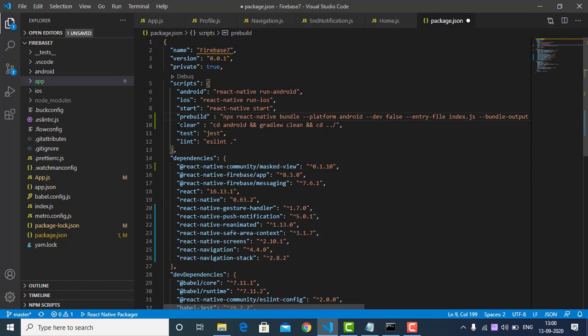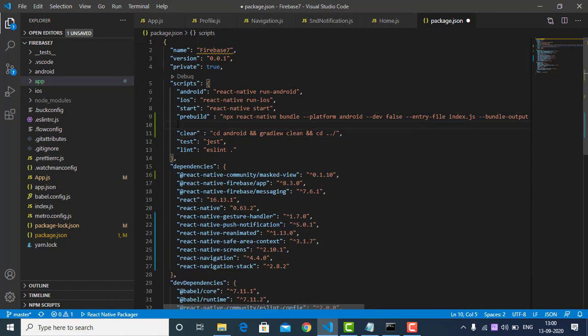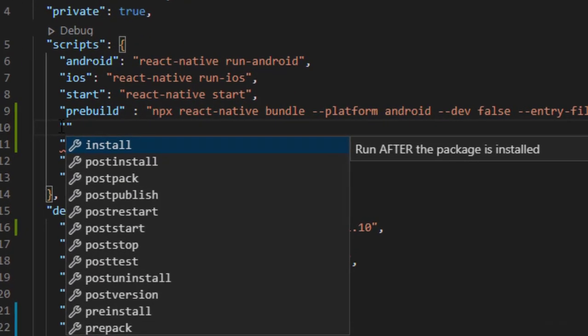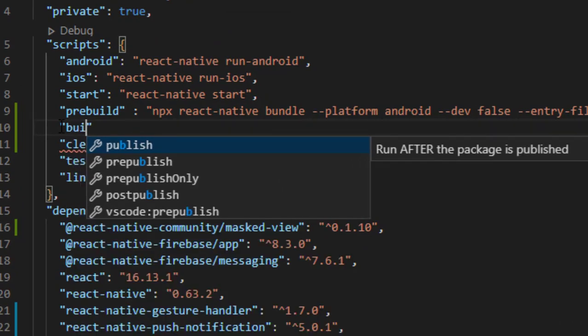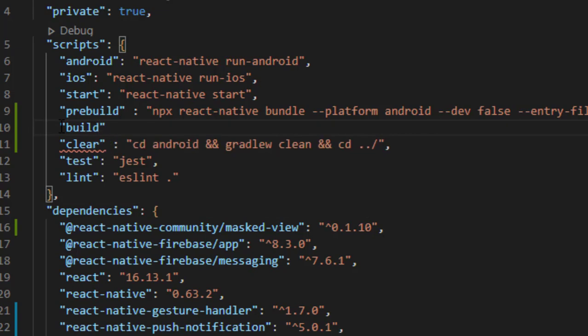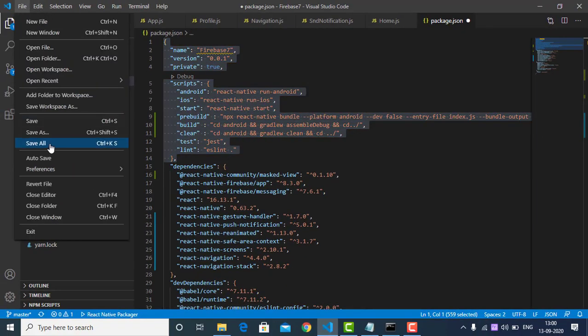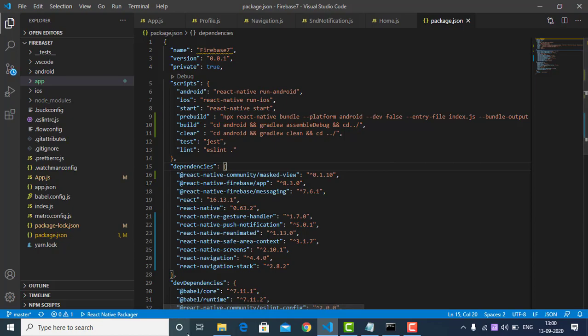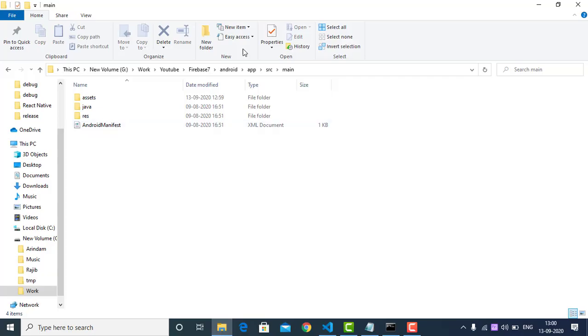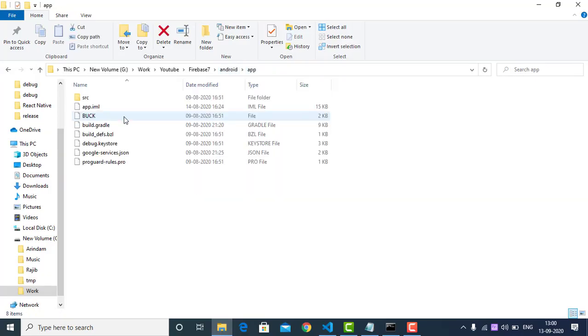And the second line parameter will be build, and we have to save. As you can see, I don't have any build folder over here.